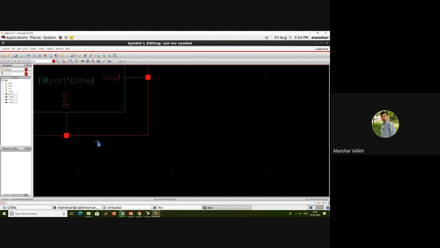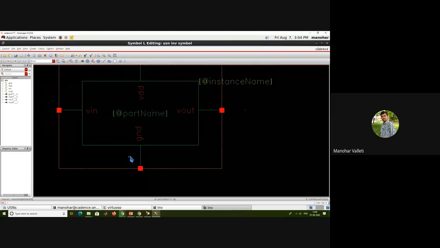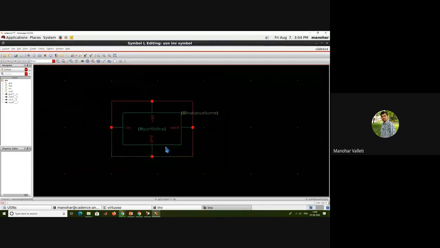The connected components always have to be away from the outer boundary. They cannot come in between the inner boundary and the outer boundary. Any component cannot come in between these two boundaries. The connected components have to be after this outer boundary only. So once it is done, just close this.